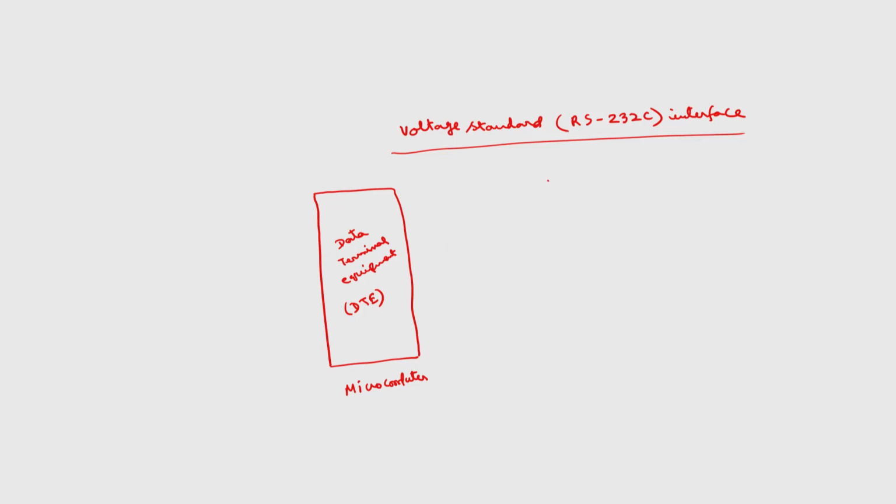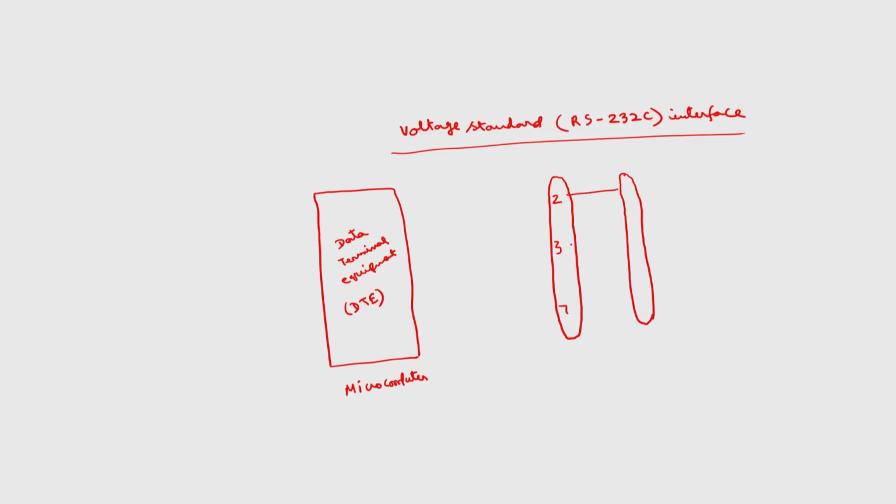So, we can have the RS 232 interface. I will show only 3 signals of the RS 232 interface; the remaining signals you can refer to in any data book. I will show signal 2, signal 3 and signal 7.